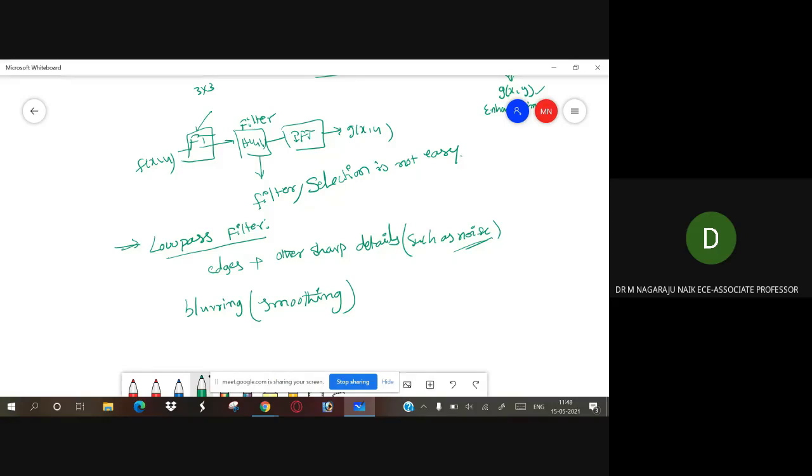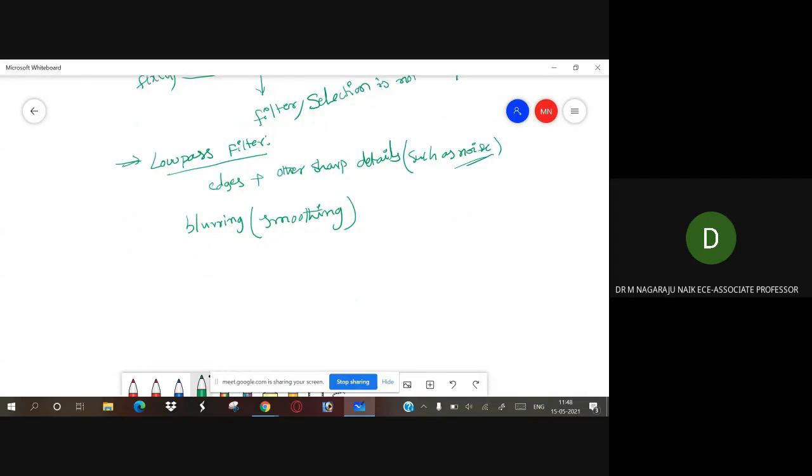So the blurring is achieved in the frequency domain by altering a specified range of frequency components in the transformation for a given image. Now that filter is given as G of u comma v equals H of u comma v times F of u comma v. Now this is a frequency domain method. So f of x comma y with the Fourier transform gives you F of u comma v.